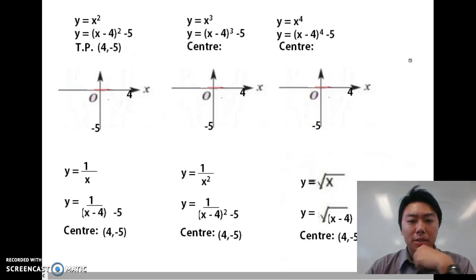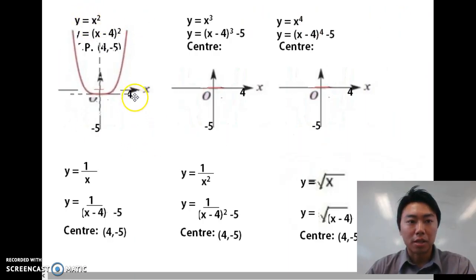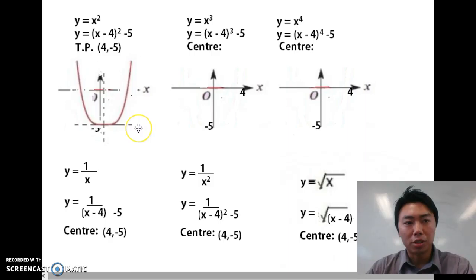Well, I've got some graphs to do today. I've got some equations here and I'm going to draw a graph. We all know x squared is a quadratic, so we just put a quadratic graph on the origin. Now, if I change the question a little bit, to (x minus 4) squared minus